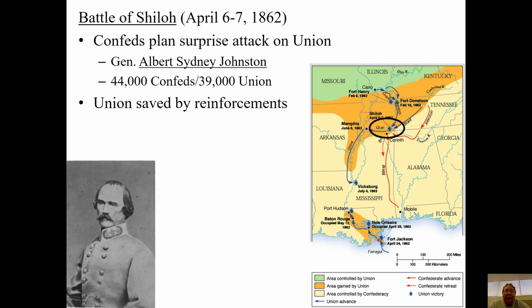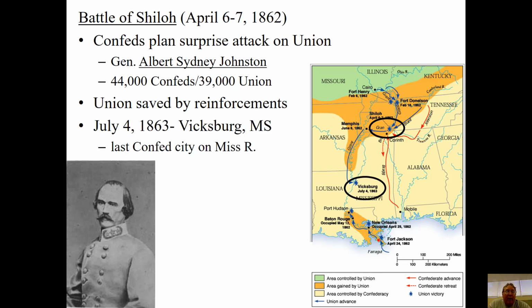And in the end, that Confederate army of 44,000 is mostly wiped out. They're either captured, killed, or they just run off. And the Union avoids a really horrific defeat and instead gains a bit of a victory. Once Johnston and his army is defeated here, there's just not a lot left to defend the South. Grant, Sherman, and other Union commanders are now free to start marching down the Mississippi and slowly but surely pushing their way south. And that's exactly what happens.